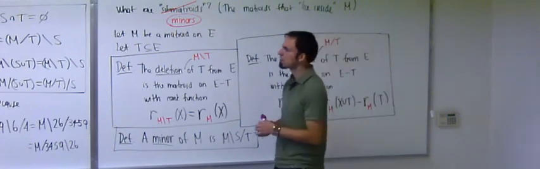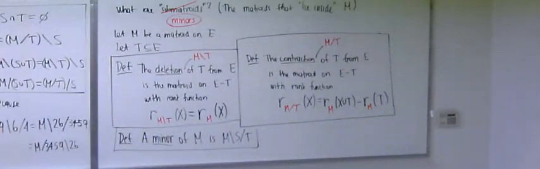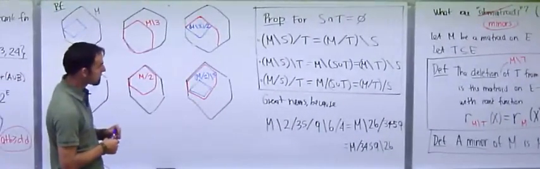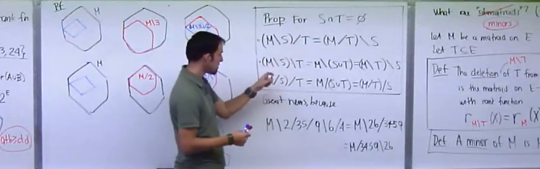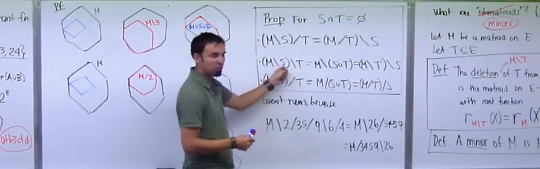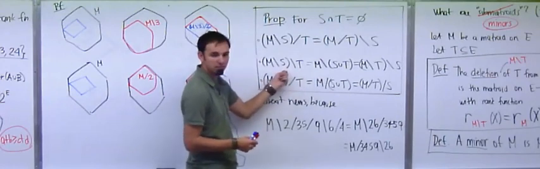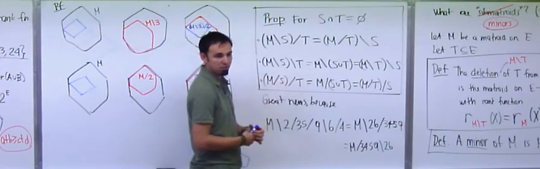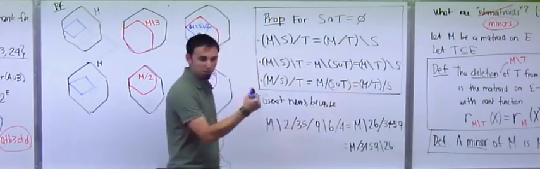Maybe the last thing that I'll say is, why did I restrict here to S and T having empty intersection? Because you can't delete and contract the same thing. The point is that, for example, this one makes sense if S and T had a common element. Then you start with a matroid, then you delete S, and then when you go to delete T, you already deleted the common element, so this expression doesn't make sense. The same with contraction. The ground set of deletion and of contraction is E minus the set, and so